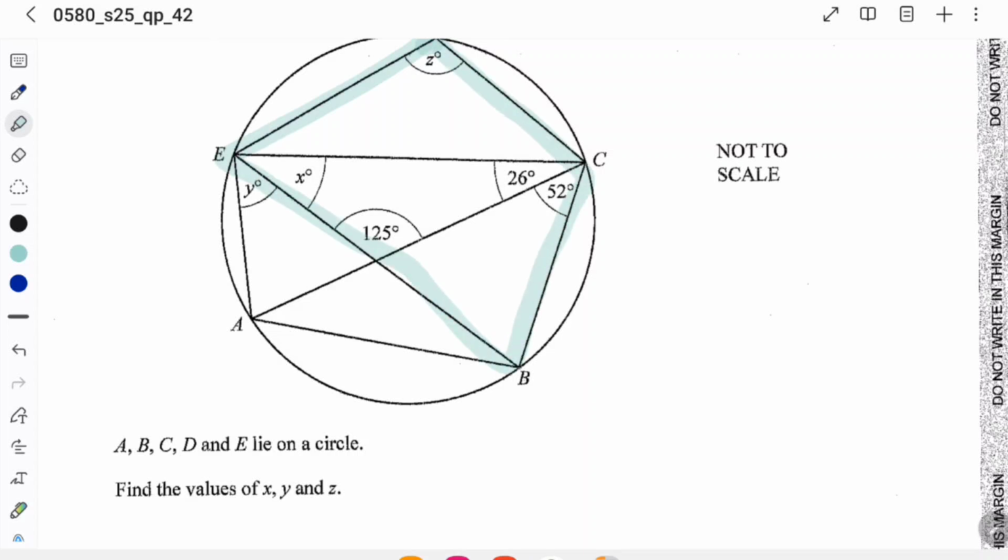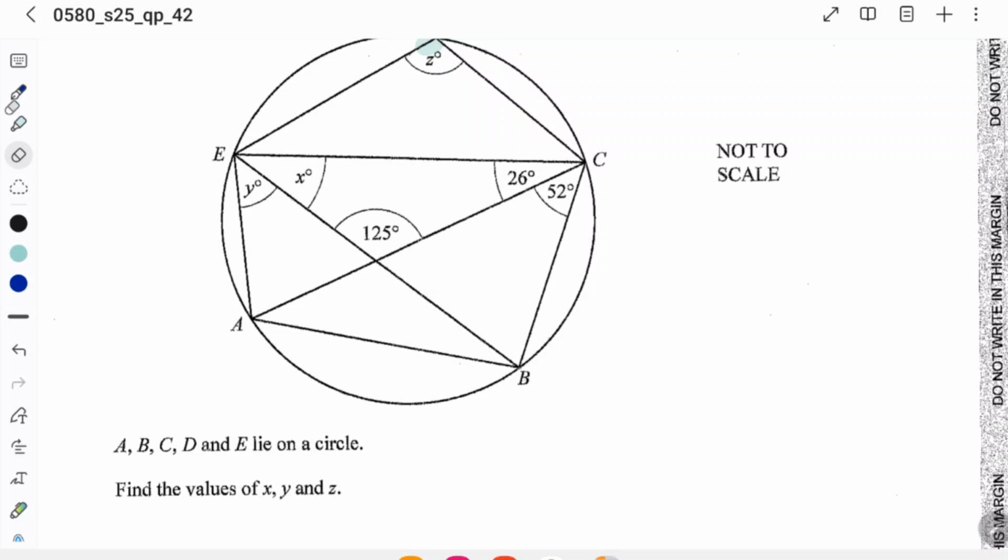Like this also a cyclic quadrilateral, and like this also a cyclic quadrilateral, but we don't have an isosceles triangle because the radius is not there, and they haven't marked any equal lines. But there are too many triangles where the triangle sum is equal to 180 degrees. That property can be used. Okay, so x, y, and z.